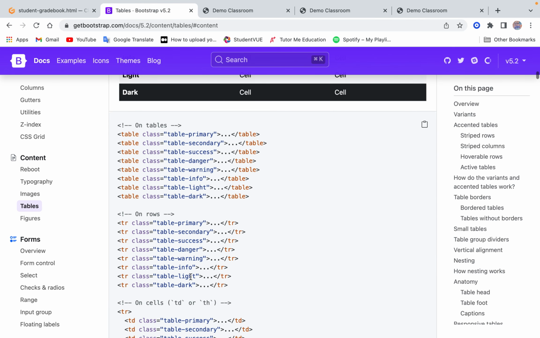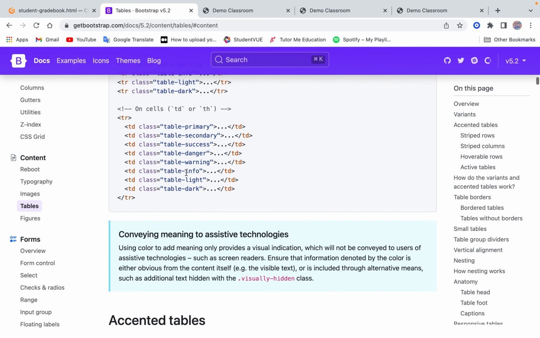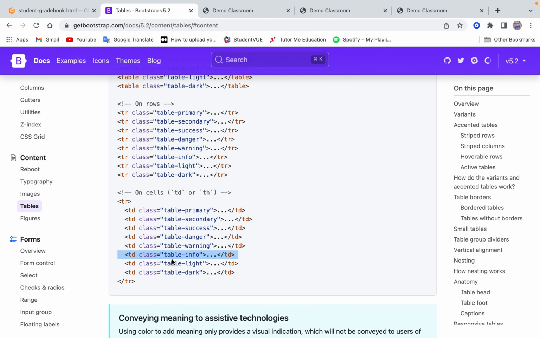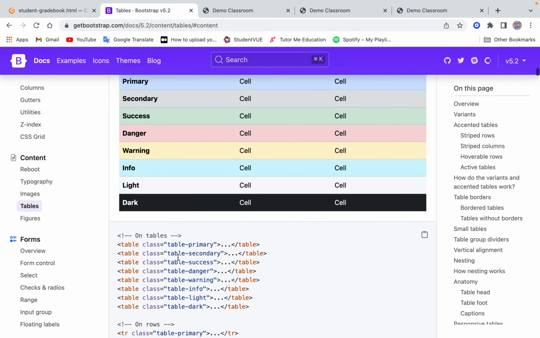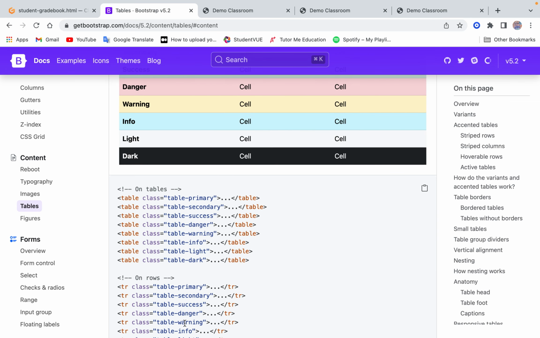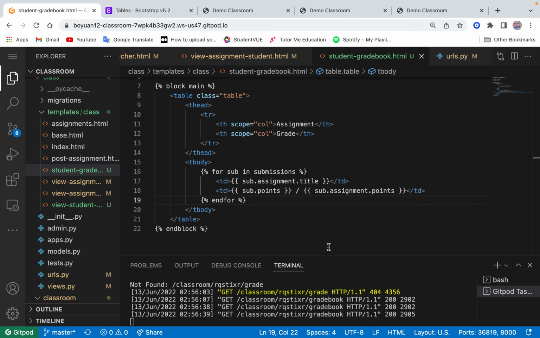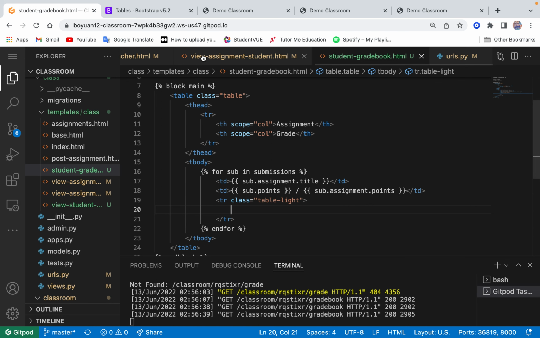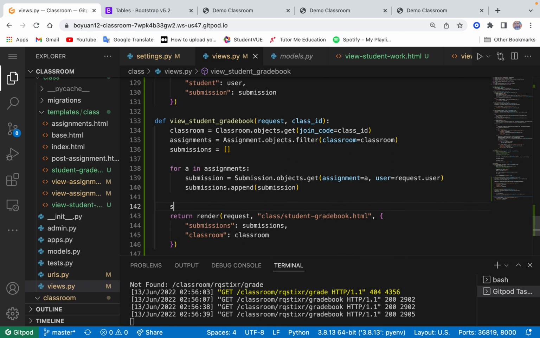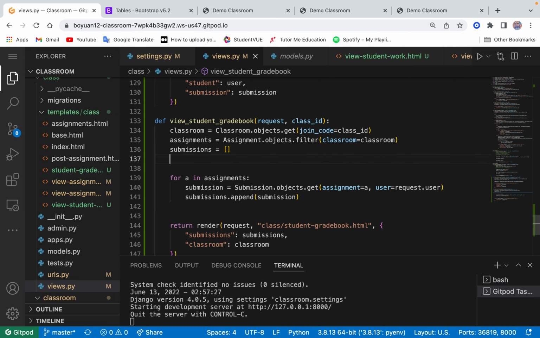To differentiate, we'll just use light. Okay, let's copy it. And we'll do the calculation on the back end. Yeah, let's do the calculation on the back end, why not? So in here, I don't know, student can say something like, then we need the algorithm to calculate points, which will be,